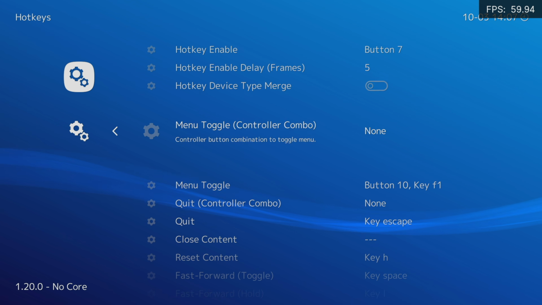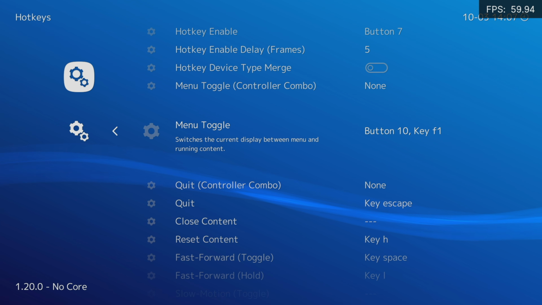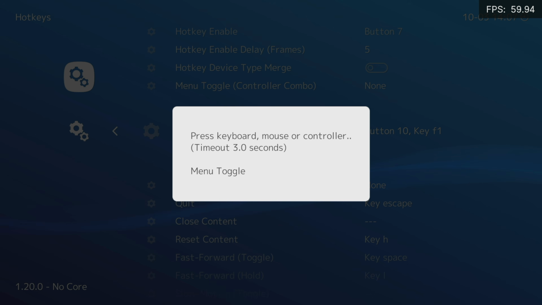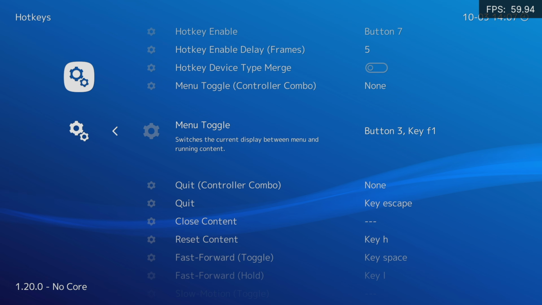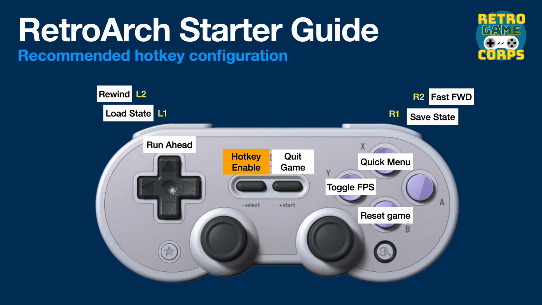So let's go down to the next one, which is going to be our menu toggle. This is the button we'll press in addition to select that will bring up the RetroArch quick menu. And in this example, I like to use the top button, which is going to be the X or Y button, depending on the type of controller that you're using. You can also see in my diagram that I recommend using a select and start combination to actually quit out